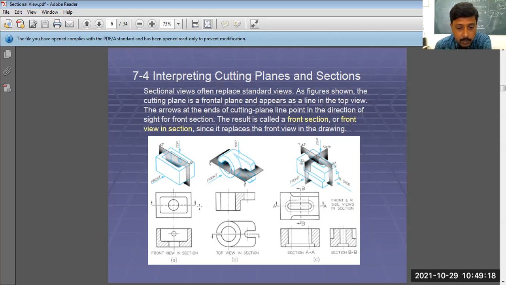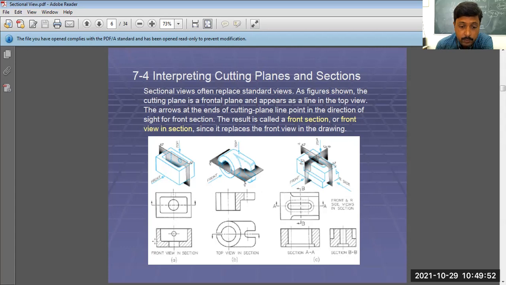I have cut this part in this way and I have drawn a first type of line that we have discussed earlier. Now, after cutting this, I am going to remove the part. So the part is being removed from here. Now what is happening? We are going to get the sectional view. This part is going to get exposed, right?